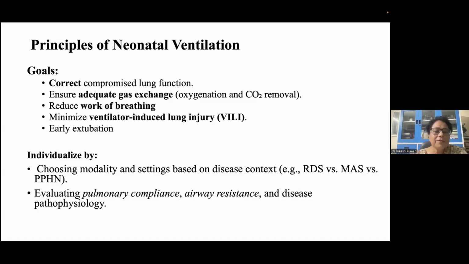So we need to individualize this mechanical ventilation based on the pulmonary compliance and airway resistance, because of the disease pathophysiology which is occurring. And thus we have to choose the modality as well as the settings based on the disease context. So a baby who is having respiratory distress syndrome will have certain settings which may not be the same for a baby who is having meconium aspiration syndrome or PPHN,